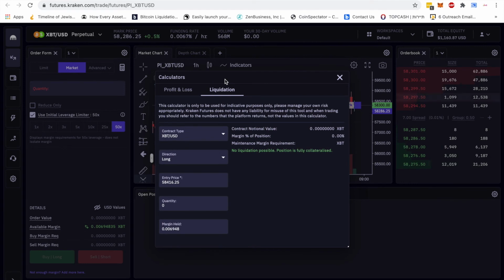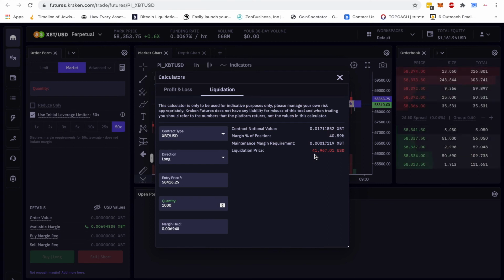Now, if you really want to be very careful and you have this amount of margin held, this specific calculator also has the liquidation. It will explain to you, if this is your available margin and you are trading with $1,000 and your entry price is $58,000, at what price you're going to be stopped out. Basically, it tells you that you will be stopped out if and when Bitcoin reaches $41,000 or $42,000, and you lose all your available margin held, which is amazing. It's very easy, very intuitive.